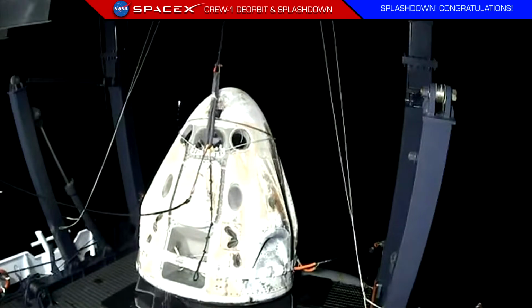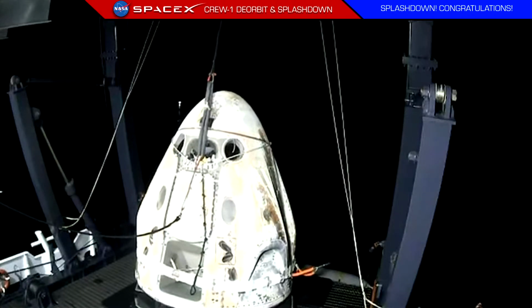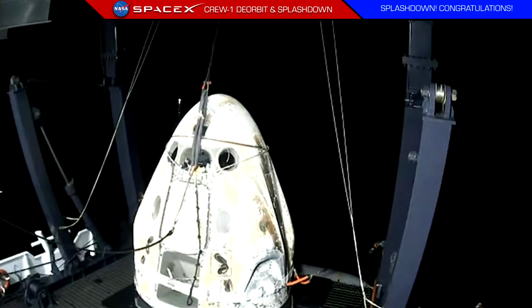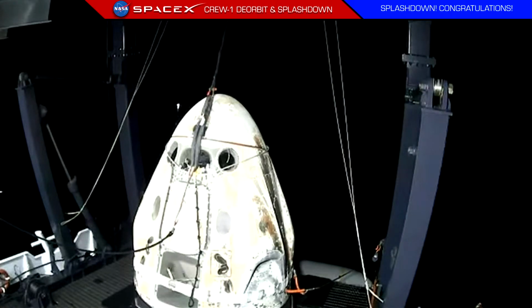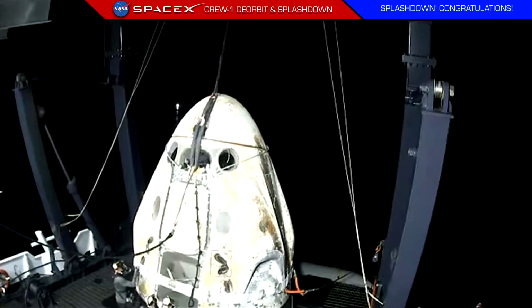Pretty much on the center of the screen, you can see the side hatch of the Dragon capsule. Later on today, that's where the astronauts will be egressing from. When they were attached to the International Space Station, they exited from the top hatch where the nose cone opens up. And those two holes, essentially, that you see up toward the top of the nose cone above the...